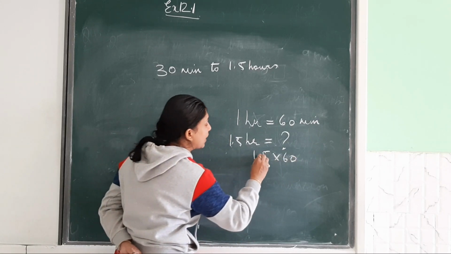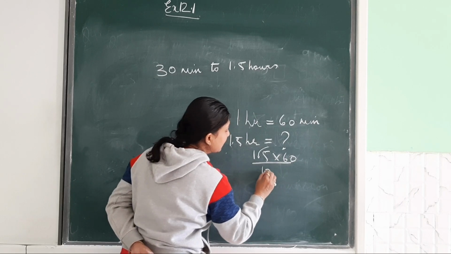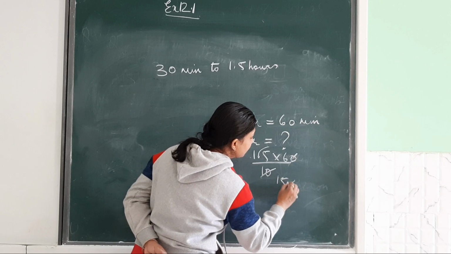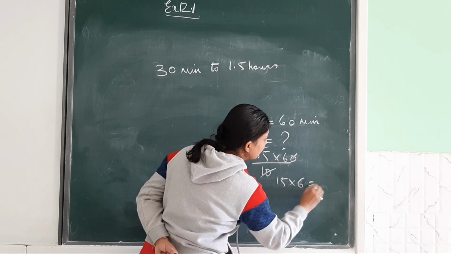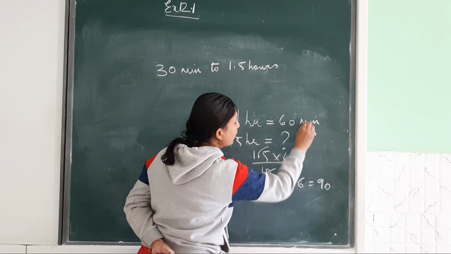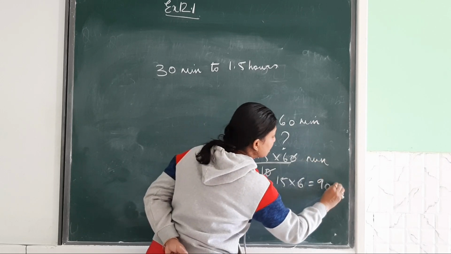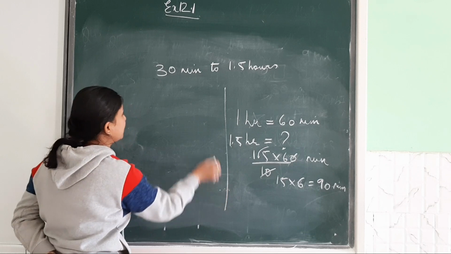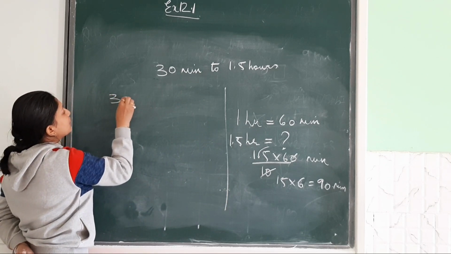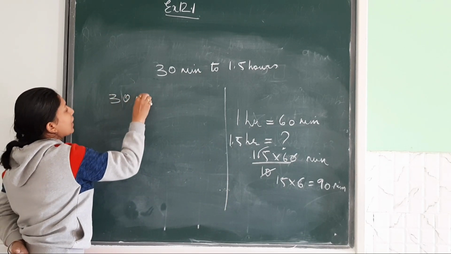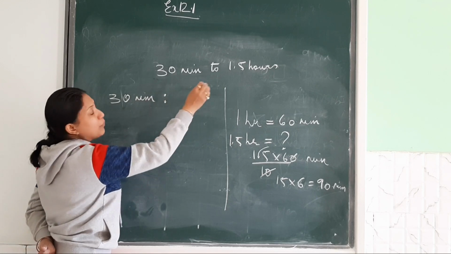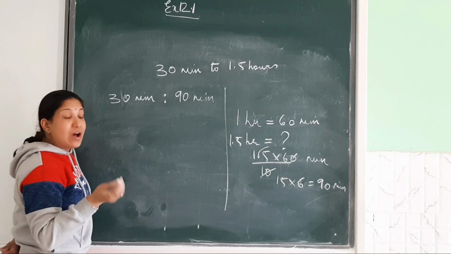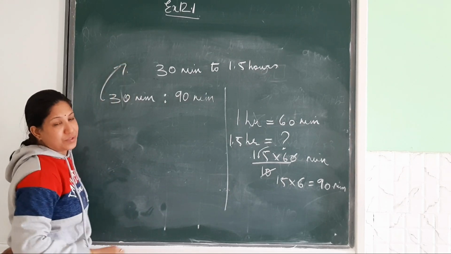You know how to multiply. Cancel this and this, the zero. Now, what do you have? You have 15 6s. That is 90. 90 what? We are converting it into minutes. So here see, it's so easy. This much you have to mention. So, here we got 30 minutes, and instead of 1.5 hours, we can write 90 minutes. Now this has become your previous question.